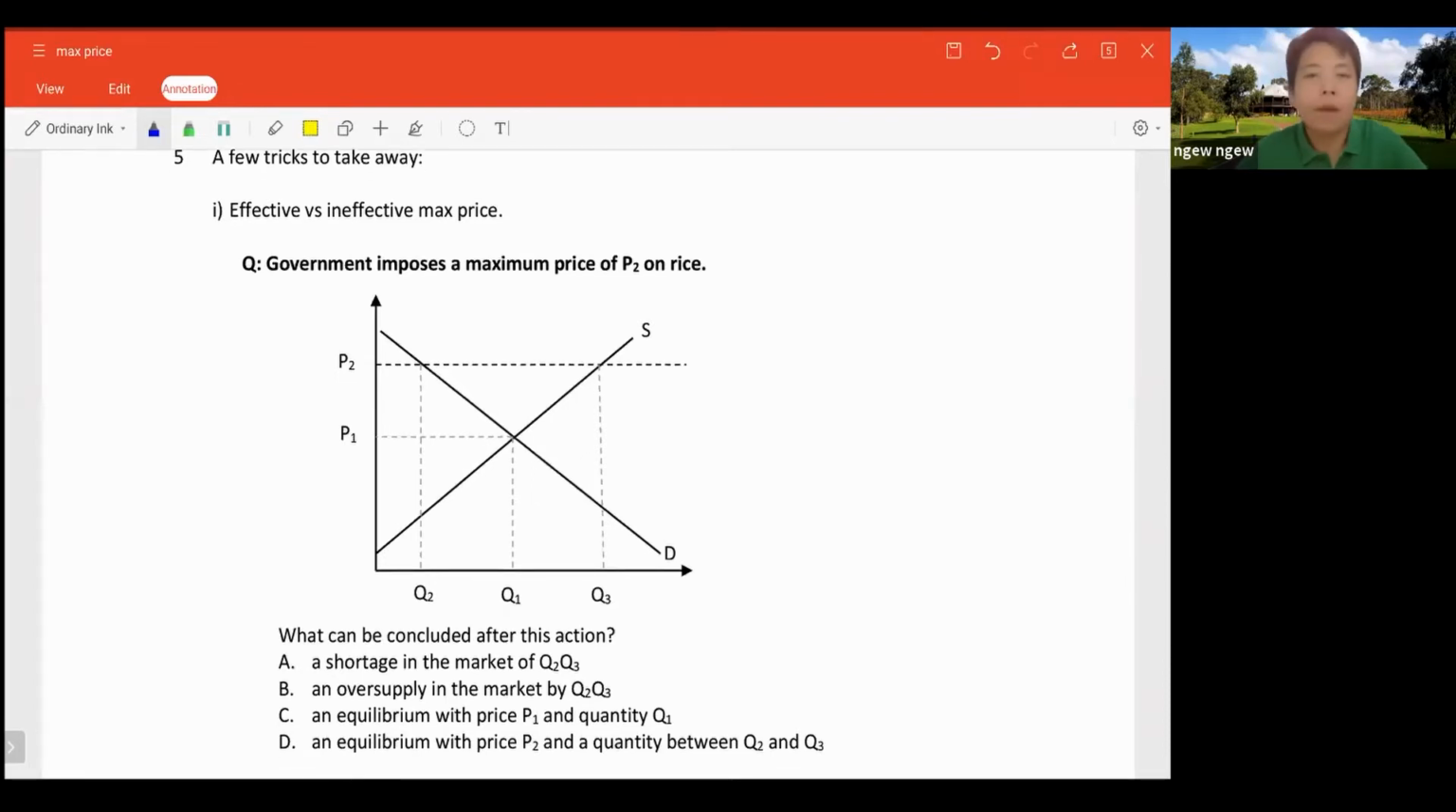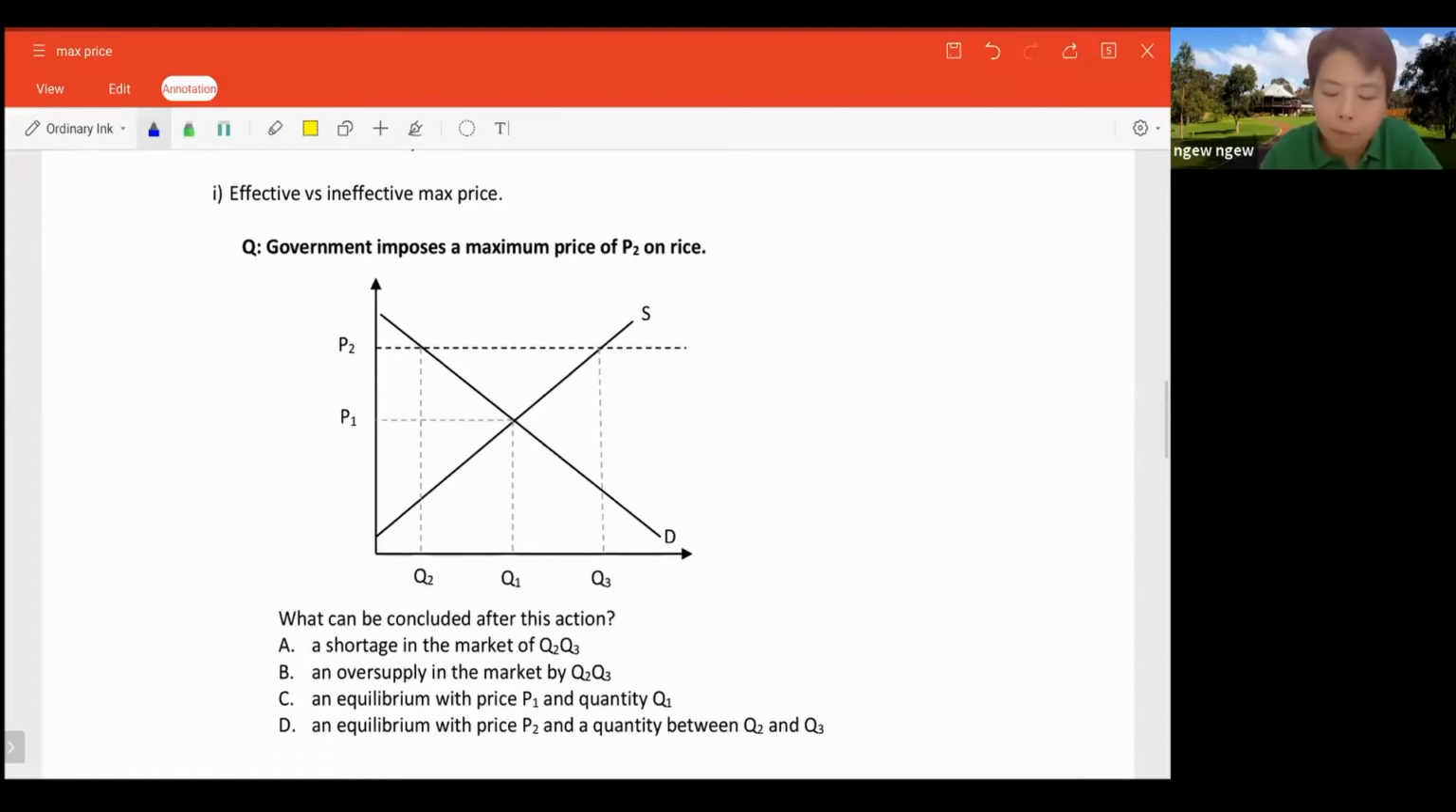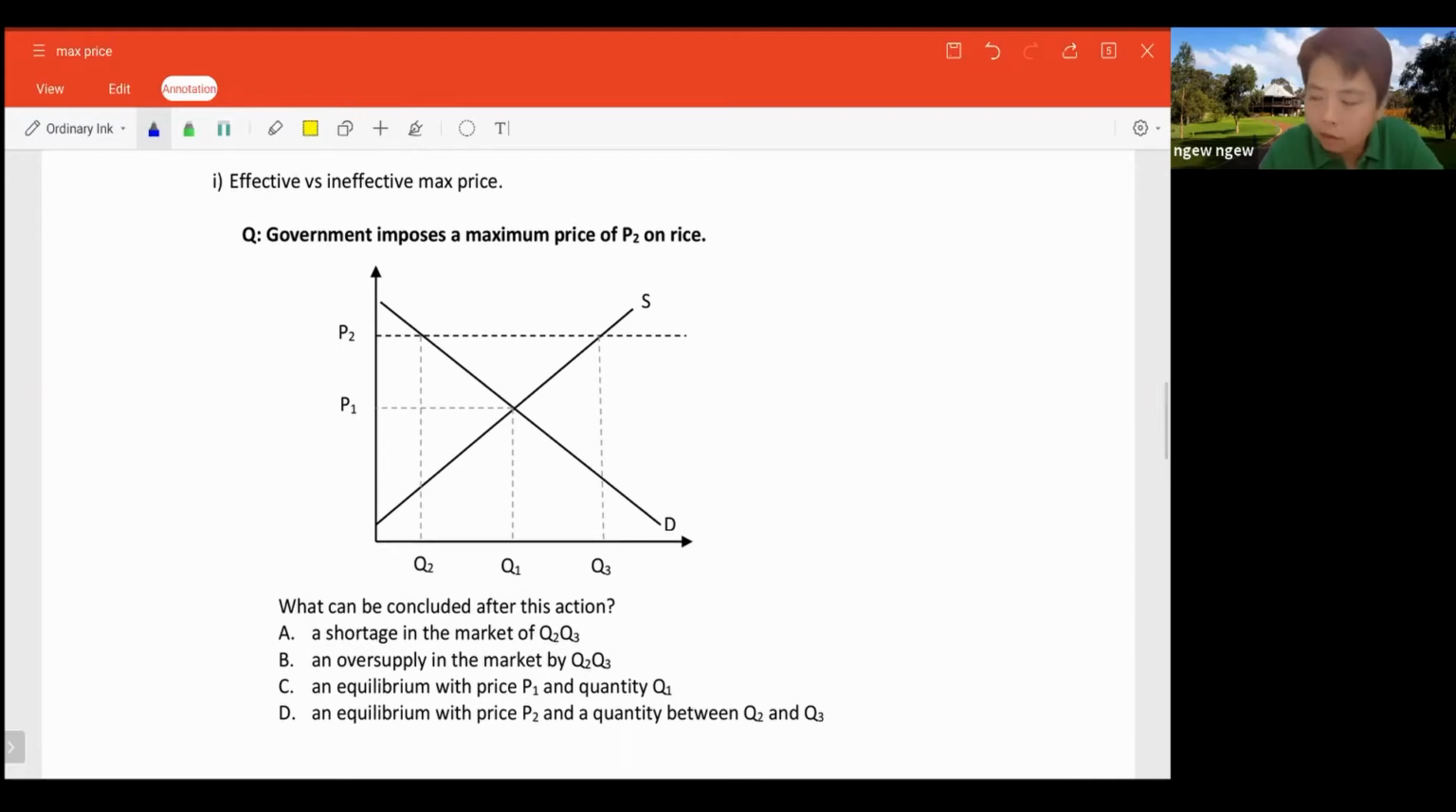A short recap. When we talk about maximum price, it is the highest price that firms can legally charge. And therefore, the highest price that firms can charge should be placed below the market equilibrium, because if you leave it to market equilibrium, the price could be too high. Now, if you look at this question, the question says government imposes a maximum price of P2 on rice. And they ask you what can be concluded